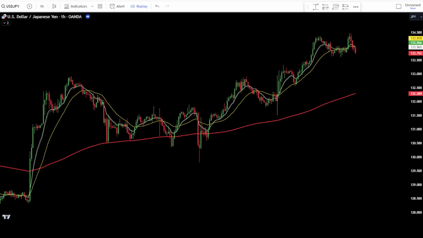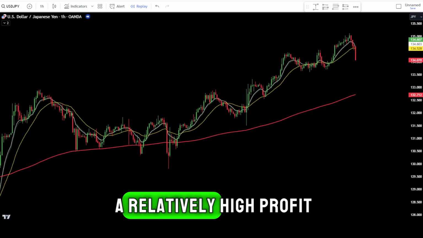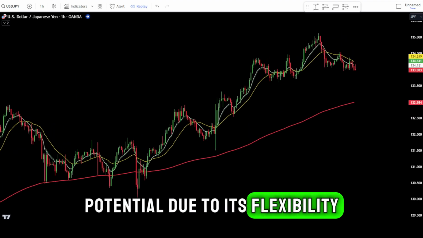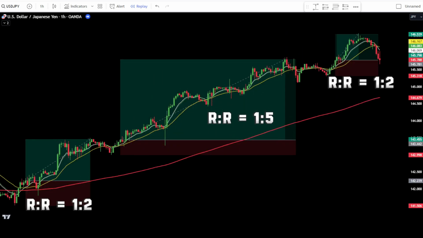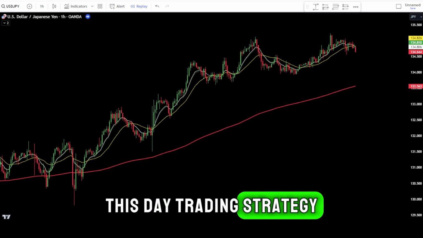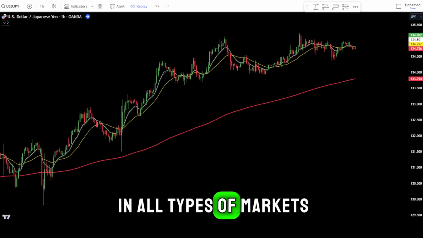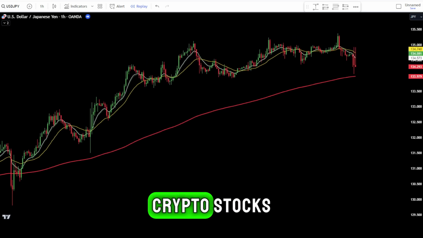As mentioned earlier, this trading strategy has a relatively high profit potential due to its flexibility in determining the take-profit target. So, if you use this trading strategy, you can have various risk and reward targets depending on the signals indicated by the indicators. This day trading strategy is suitable for use in all types of markets, including Forex, crypto,